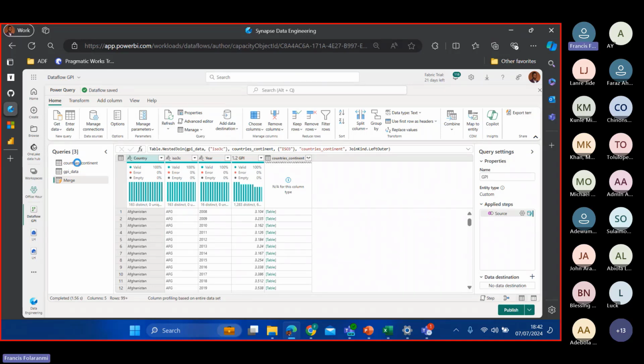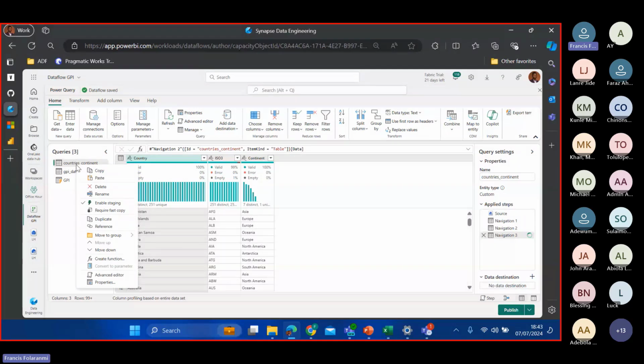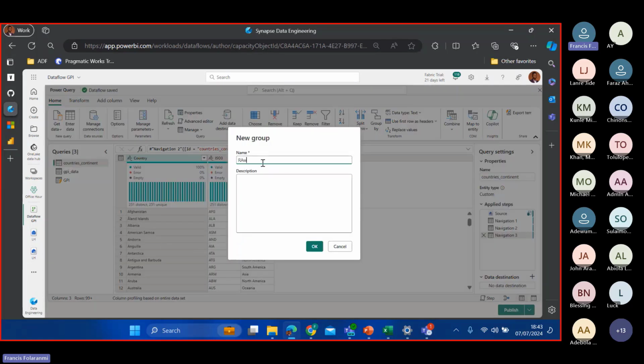And remember that we already have this continent and GPI data, which is the raw one inside our Fabric environment. So for the sake of organization, I can just right click on this and move it to a new group, and I can just call it raw data, and I click on OK.